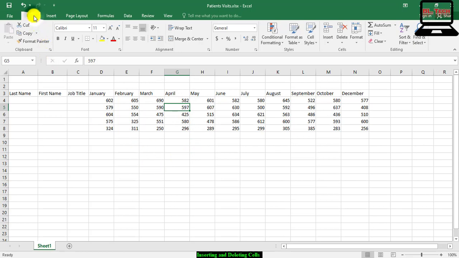On the Home tab, in the Cells group, where is the Cells group? Here is called the Cells group. Click the top part of the Insert button.